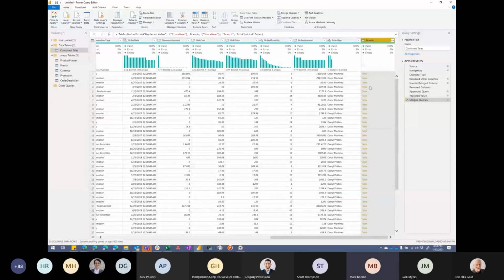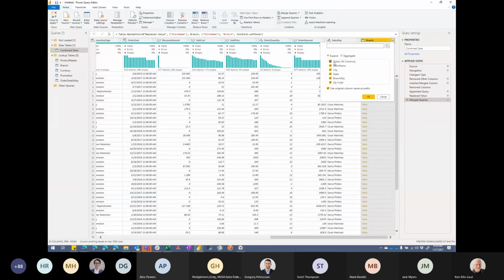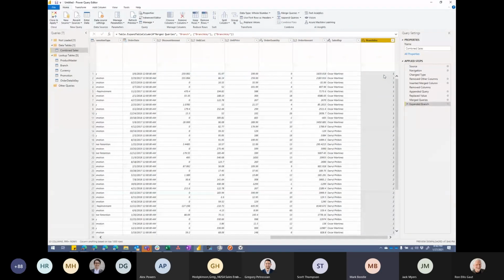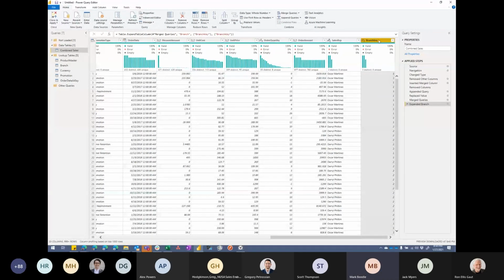And I get my fancy, I don't know, URL table. But I have my fork in the road button up here at the top. So I click that. The only thing I want to bring over is branch key. So I'm going to bring in branch key. And so now I've got a link, right? I've got that surrogate key to my branch table.